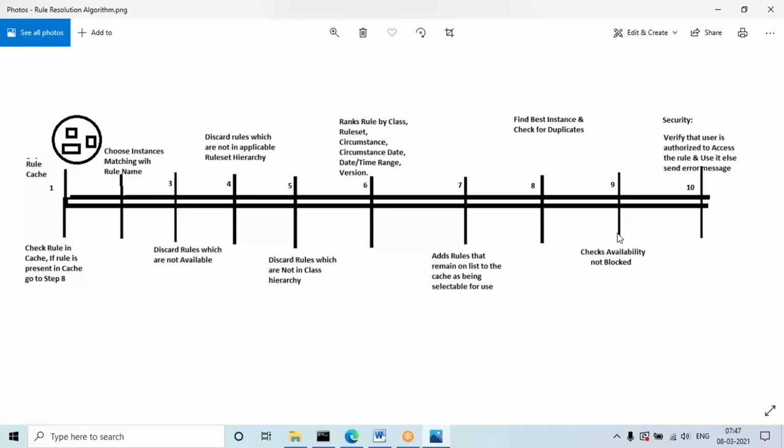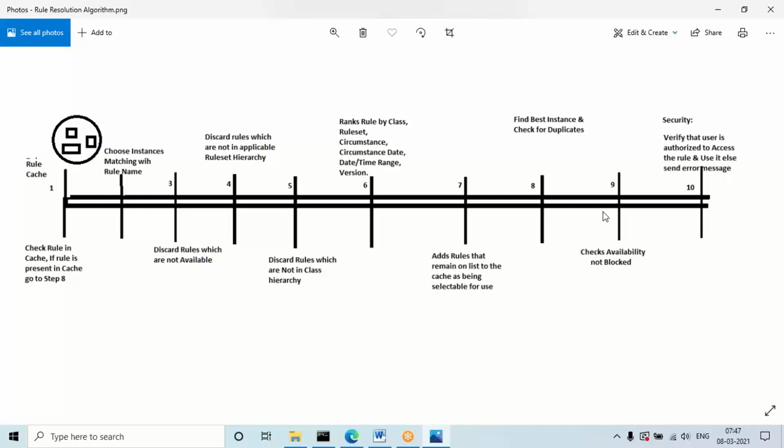Suppose the rule is blocked or any other issue is there; sometimes you may get blank data, or we cannot access that particular rule in the application. That is one criteria. Again, the second time you execute the same thing, the rule is already there in the cache, that is, you did not shut down the server or log off from the application. Then it will not pick from the rule base table, and it will not read all the 7 steps directly. If a rule is there in the cache memory, it will pick the rule from there itself, then go to steps 8, 9 and 10, and those will be executed.